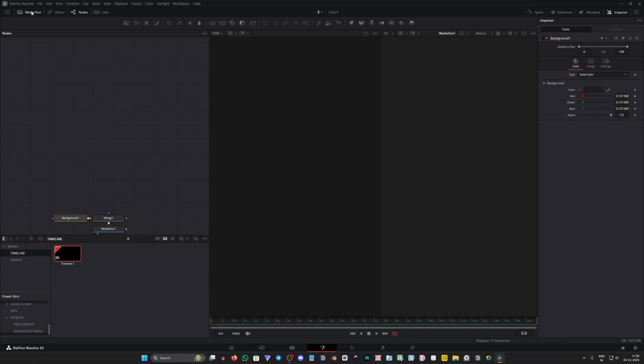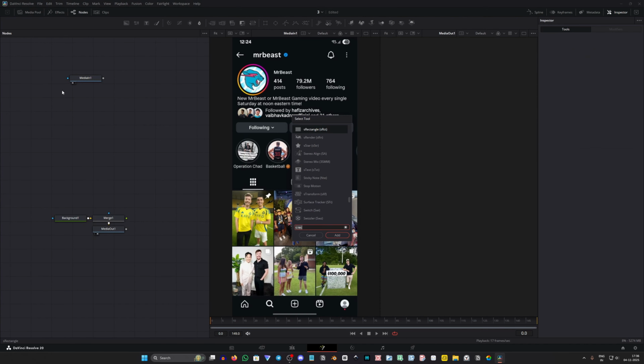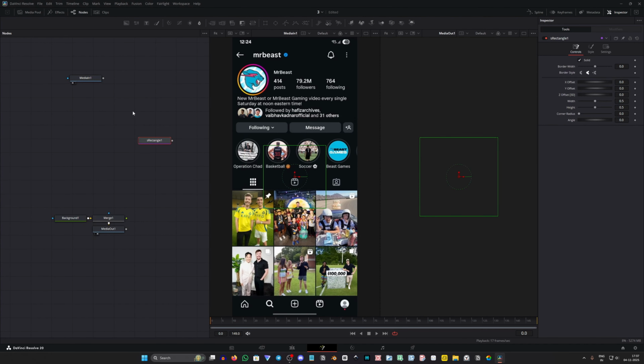So now I will go to media pool, assets, and I will drag my asset here, shift space and type S rectangle, and I will place it here. And now match the size like this, and now you can see the height is like this is the maximum height. So click on this and type a random number and decrease it like this,